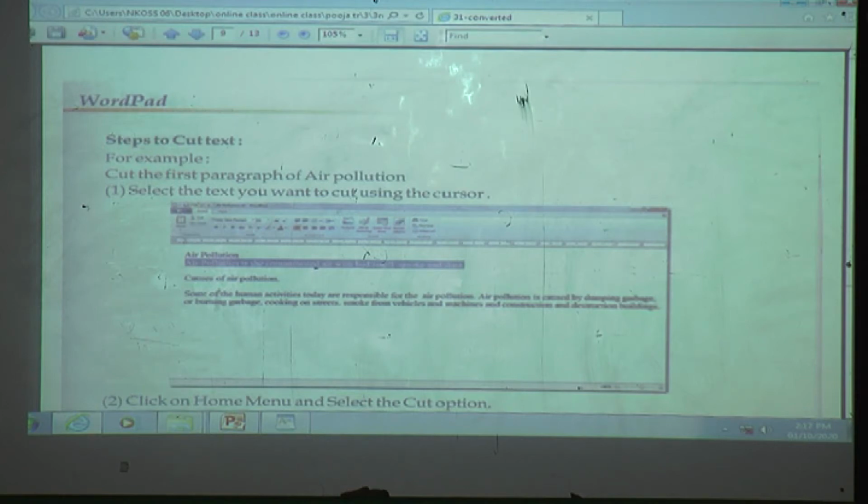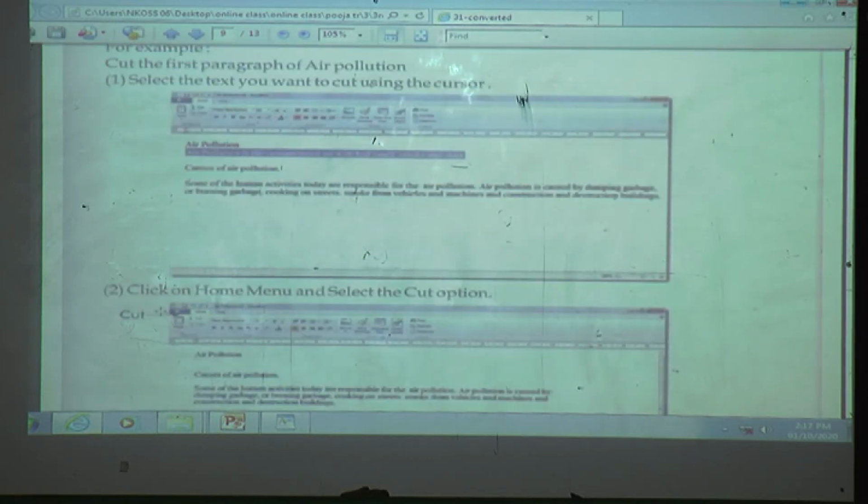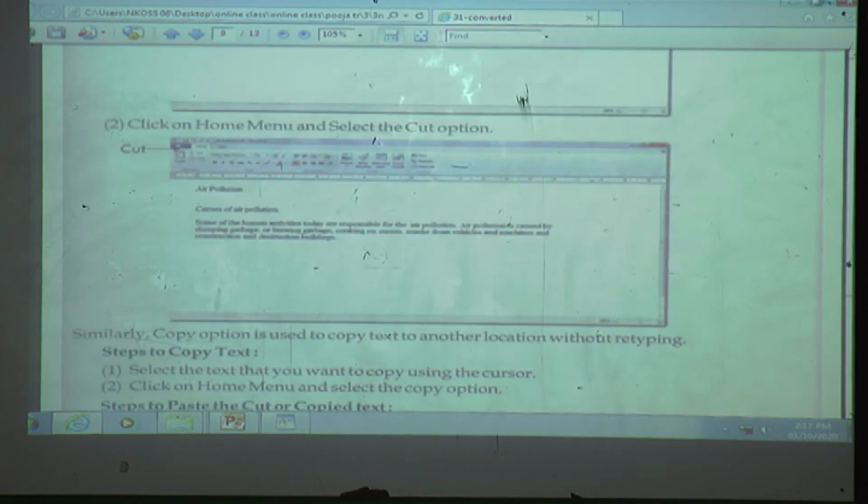For example, cut the first paragraph of air pollution. Select the text you want to cut using the cursor. Then click on the home menu and select the cut option. You will see here.